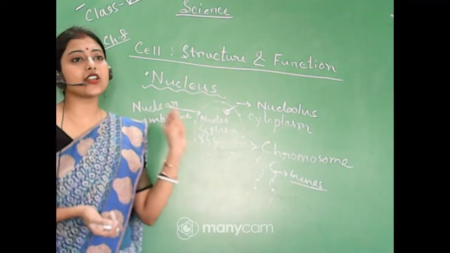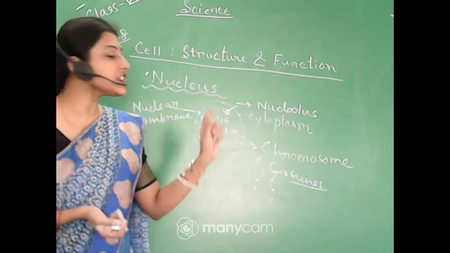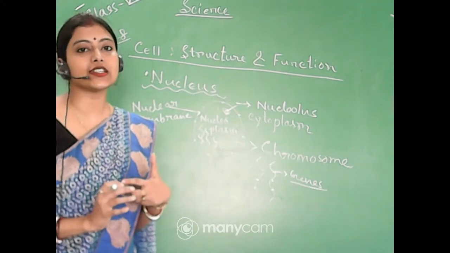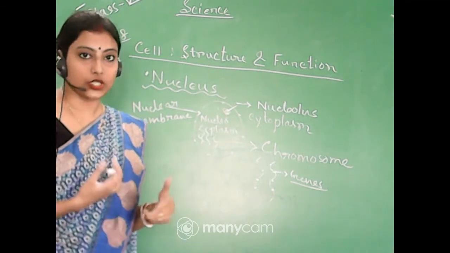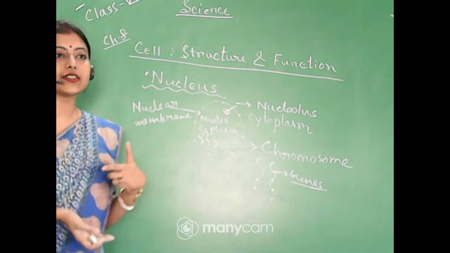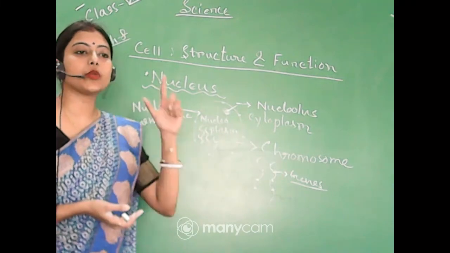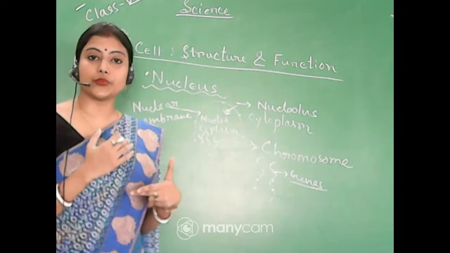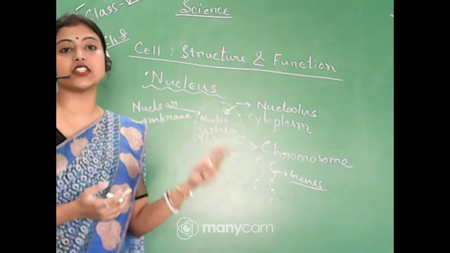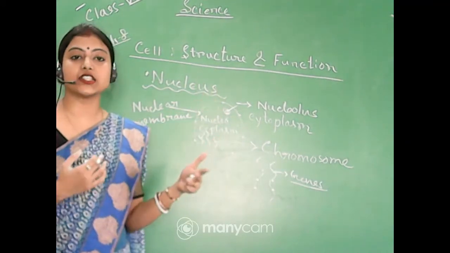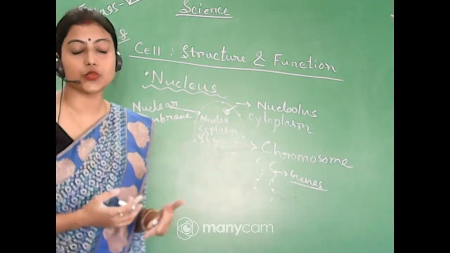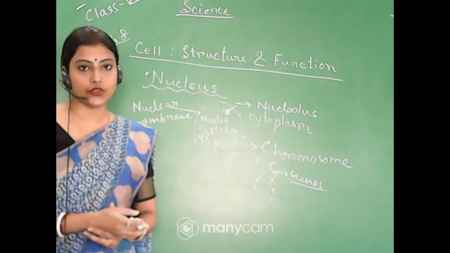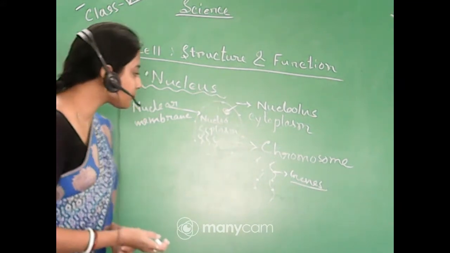Okay, so genes are nothing but the smallest unit of the chromosomes which are responsible for controlling the characteristics of the body. These genes are the hereditary materials, which help in the transmission of the characteristics from our parental generation to the next generation. Is this clear to you?